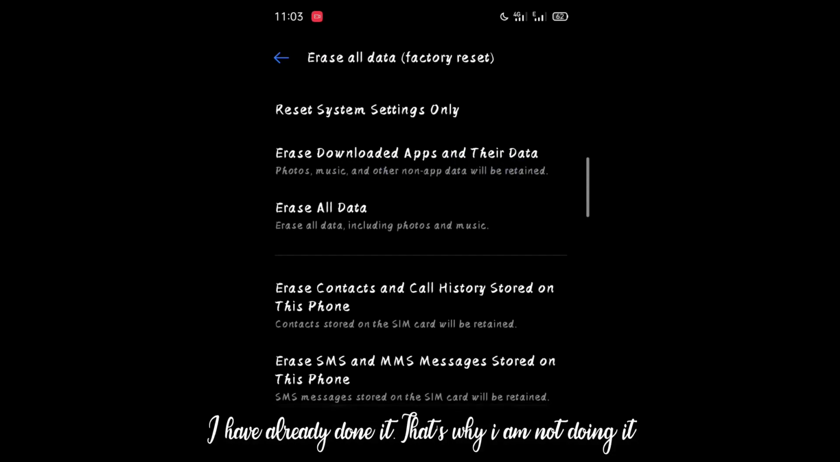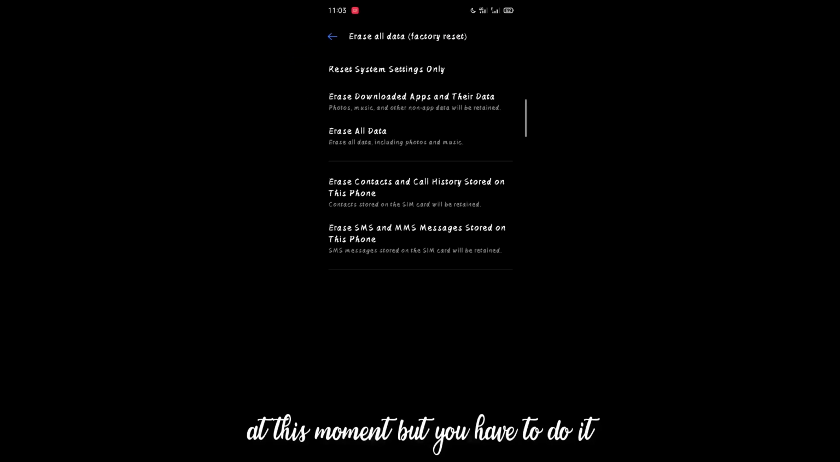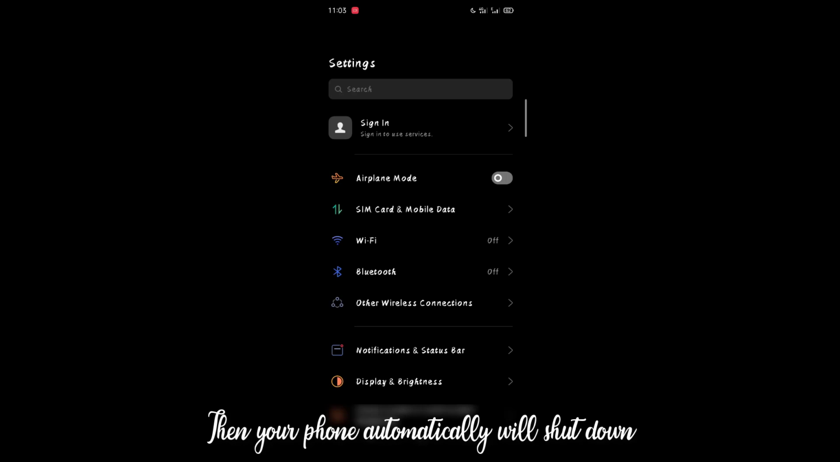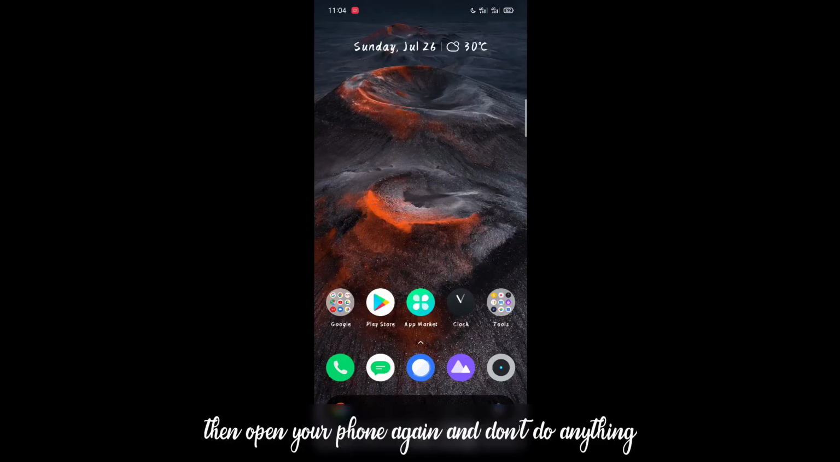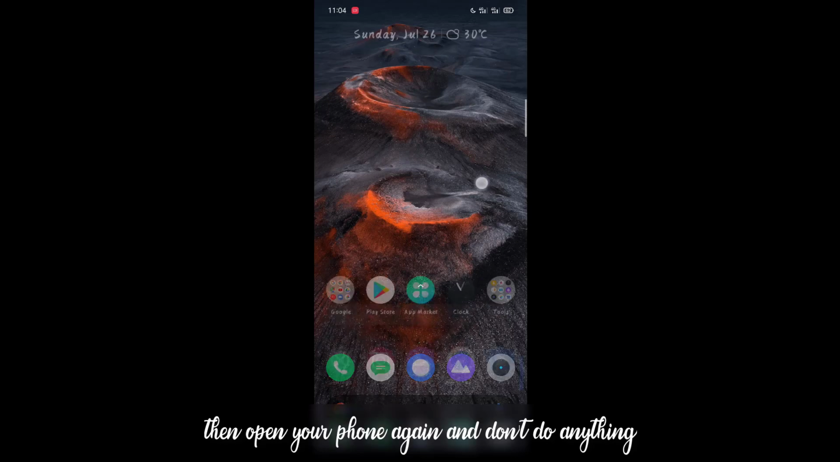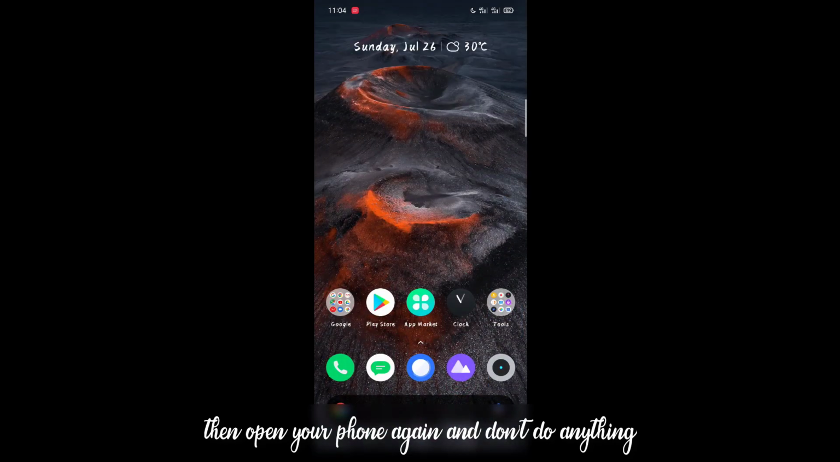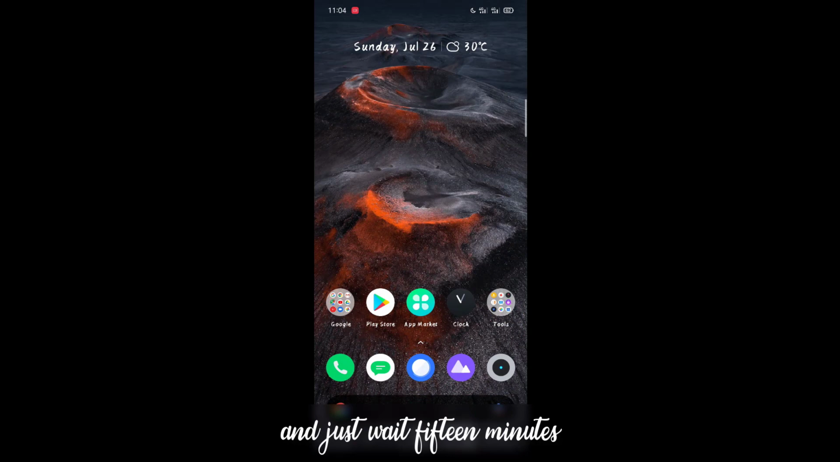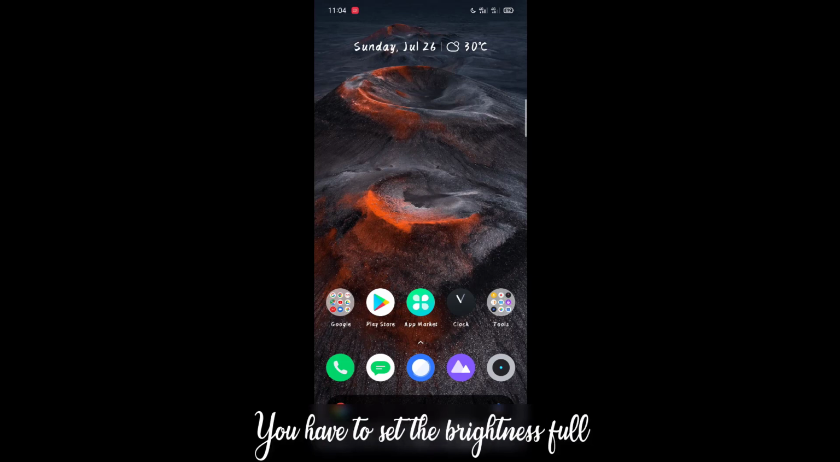That's why I am not doing it at this moment. You have to do it. Then your phone will automatically shut down. Then open your phone again and don't do anything, and just wait 15 minutes. Okay, after waiting 15 minutes,